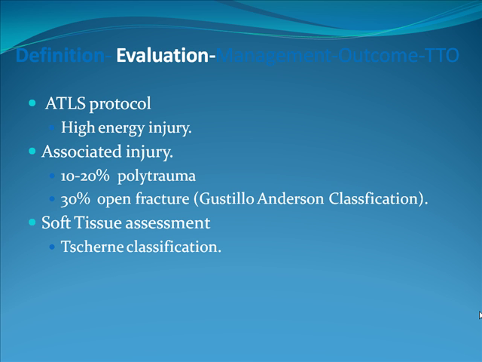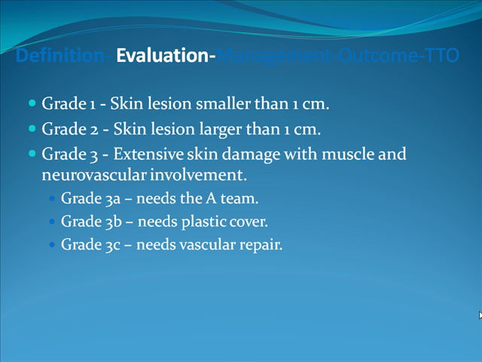There are two common classifications for open fractures and soft tissue classification, and this is just a reminder with the Gustilo-Anderson classification. Grade 1 is a skin lesion usually smaller than 1 centimeter. Grade 2 is a skin lesion larger than 1 centimeter. While grade 3 has extensive skin damage, and is usually divided into three subgroups. 3A needs just the orthopedic team. Grade 3B usually needs plastic cover, and grade 3C has a problem with circulation and needs some vascular